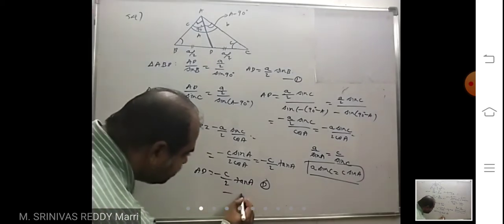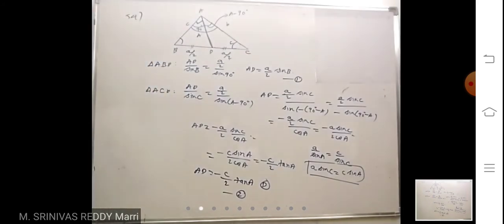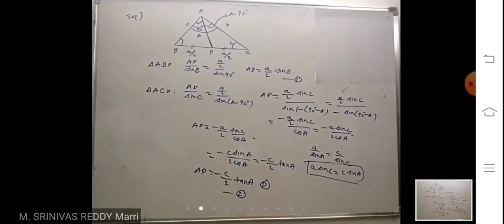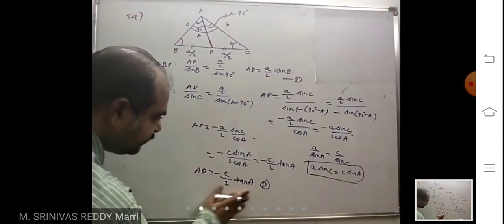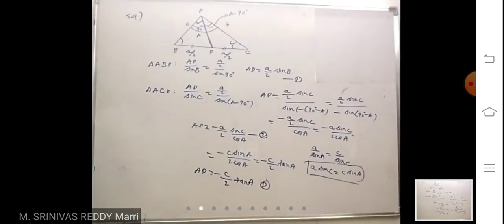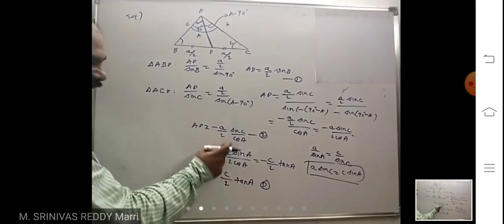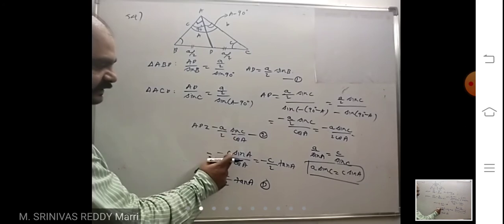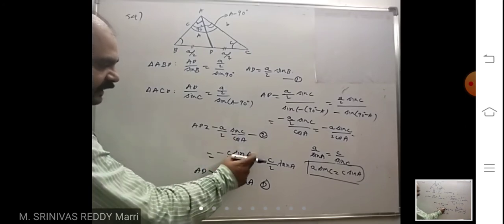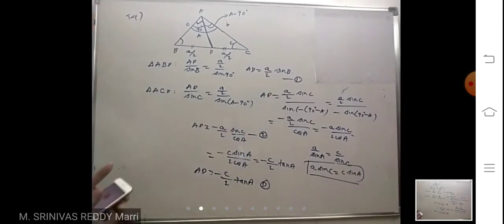Now this is equation 2. Let us say equation 2. That is converted. This you got actually. A sin C is nothing but C sin A. Now look at, from 1 and 2 these both are equal. From 1 and 2 this is AD and that is also AD. Now look at how you will get the relation.